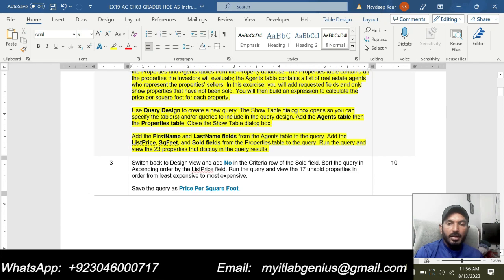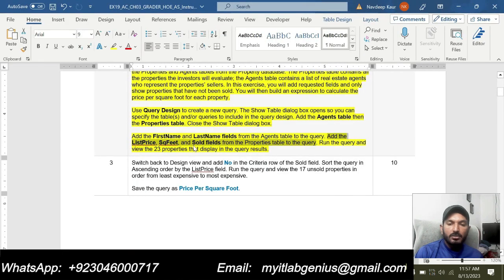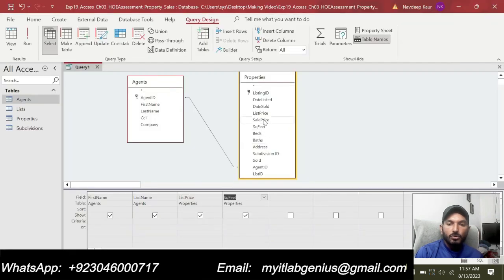Then add the list price, square feet and the sold fields from the Properties table to the query. So first we will add the list price, then the square feet, and the last is the sold field. Sold, this one.